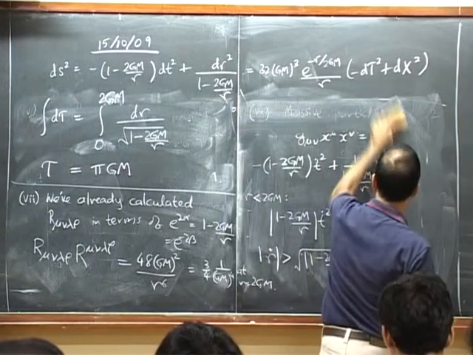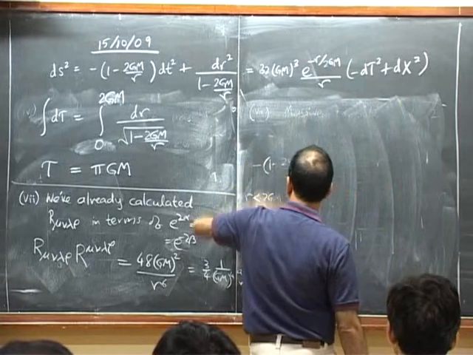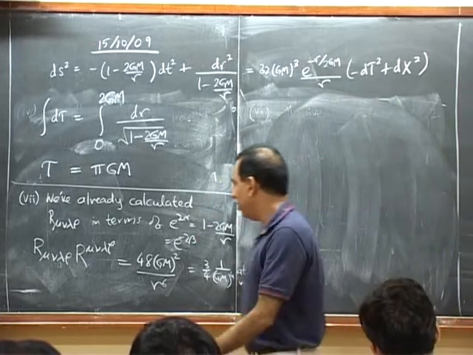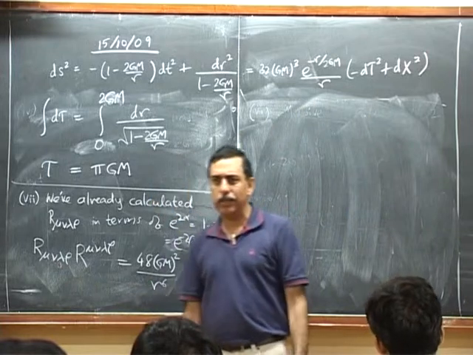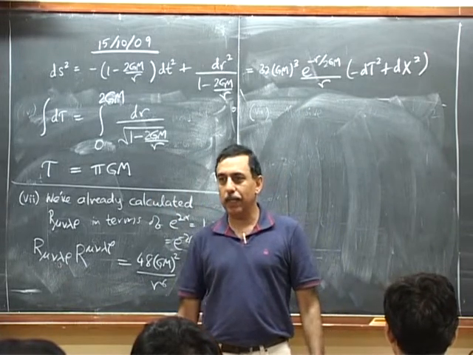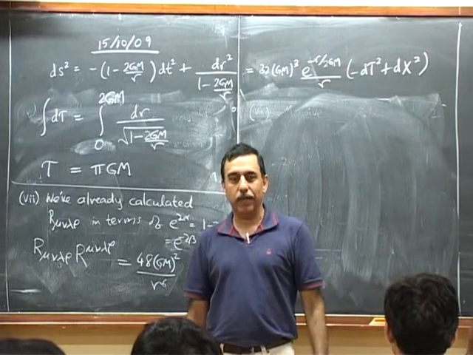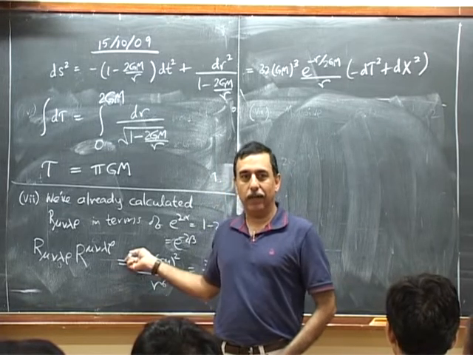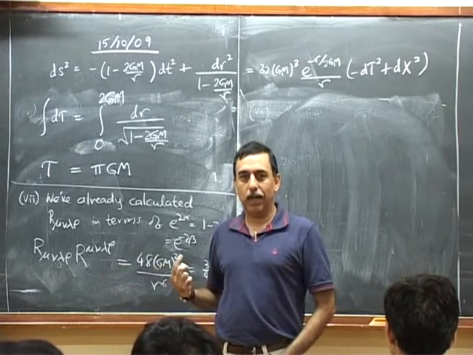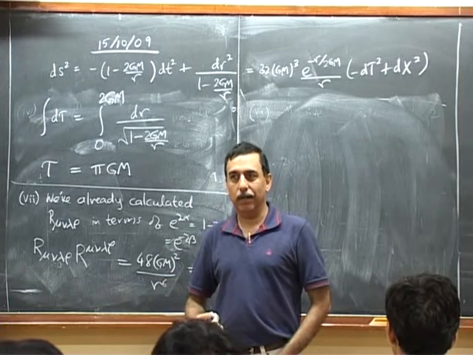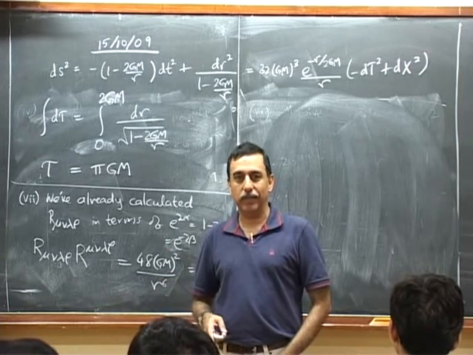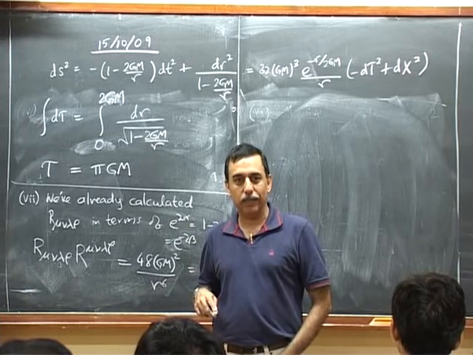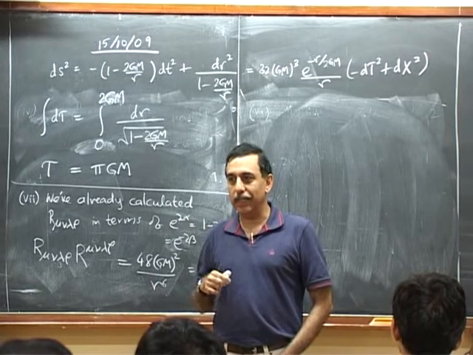Couple more comments. Maybe this is also a time for me to ask all of you. I went through your first few answers in your homework, and almost all of you have used a definition of R which is opposite of mine. Now you are completely allowed to do that, but I hope everybody is aware of that, because for example my definition of the Lagrangian and the sign of R is correlated, so you can't use my Lagrangian and your R. If you want to use your sign of R, you better use it everywhere. So can I ask which book everybody has used to solve that particular problem? Because I think the answers seem very closely related.